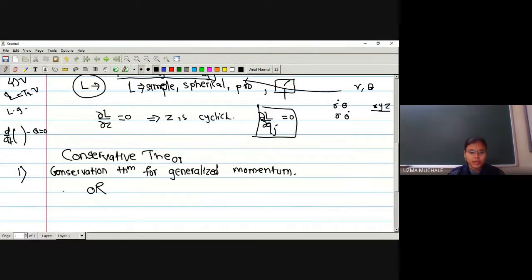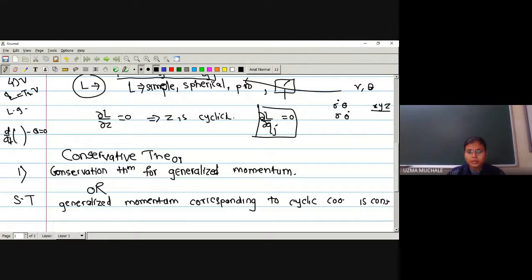The statement for this proof is: show that the generalized momentum corresponding to a cyclic coordinate is conserved. Okay, what do you mean by this, show that